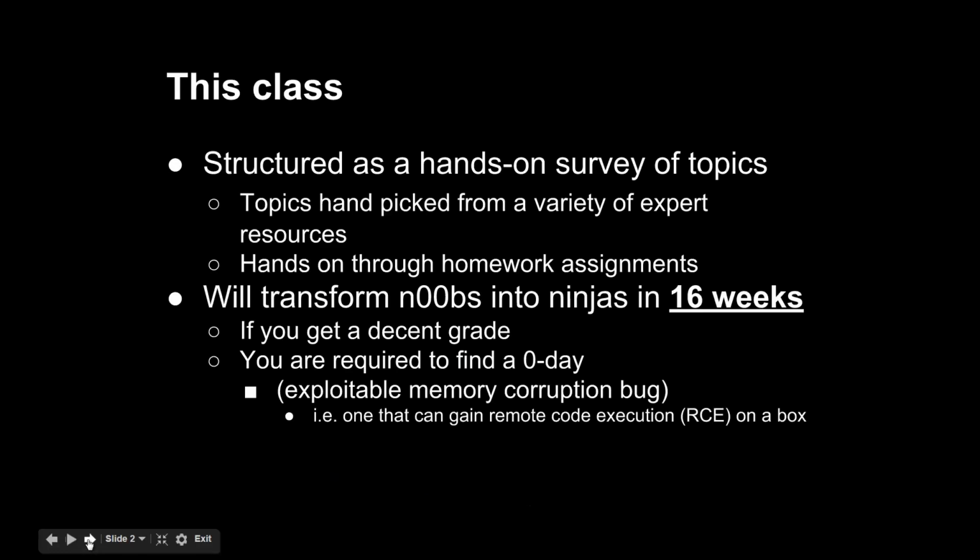This class is a structured, hands-on survey of topics that have been hand-picked across the fields of exploit development, vulnerability research, web application hacking, network hacking, forensics, and so on. It's very hands-on with the homework assignments and will transform absolute noobs into ninjas in about 16 weeks. That is, if you do all the work and get a decent grade. Towards that, every student is required to find a zero-day vulnerability, specifically an exploitable memory corruption bug, and